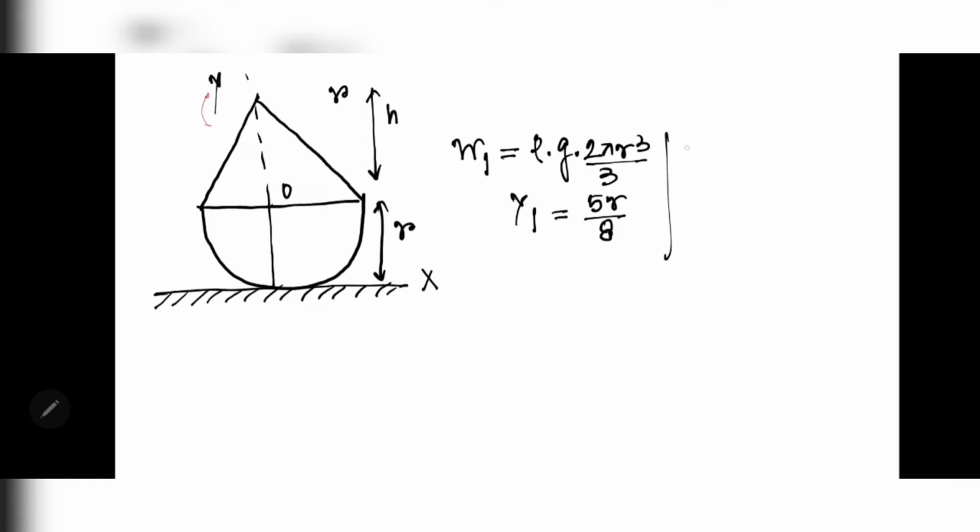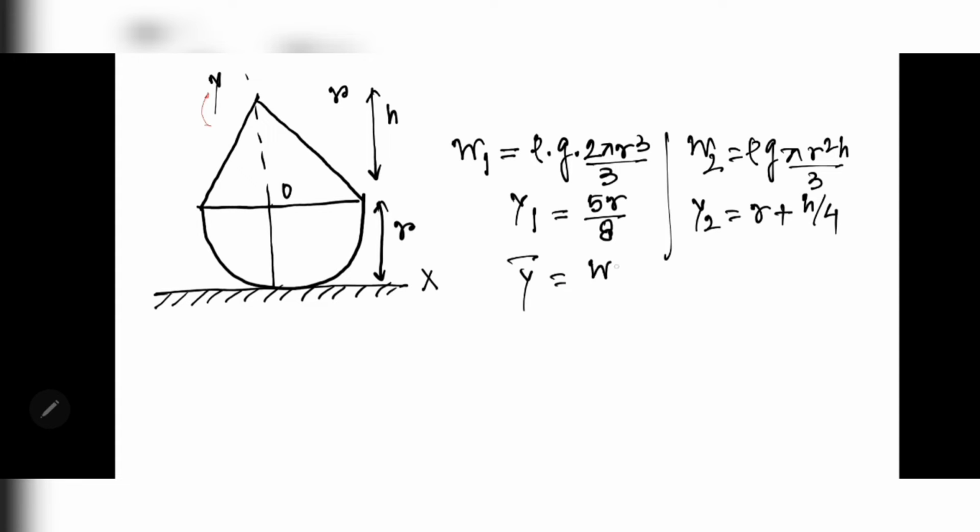Now weight of the cone, that is rho g into pi r square h by 3. Now distance of center of gravity of the cone from the bottom, y2, that equals r plus h by 4. So center of gravity of the combined body equals (w1 y1 plus w2 y2) by (w1 plus w2). Now by putting these values,